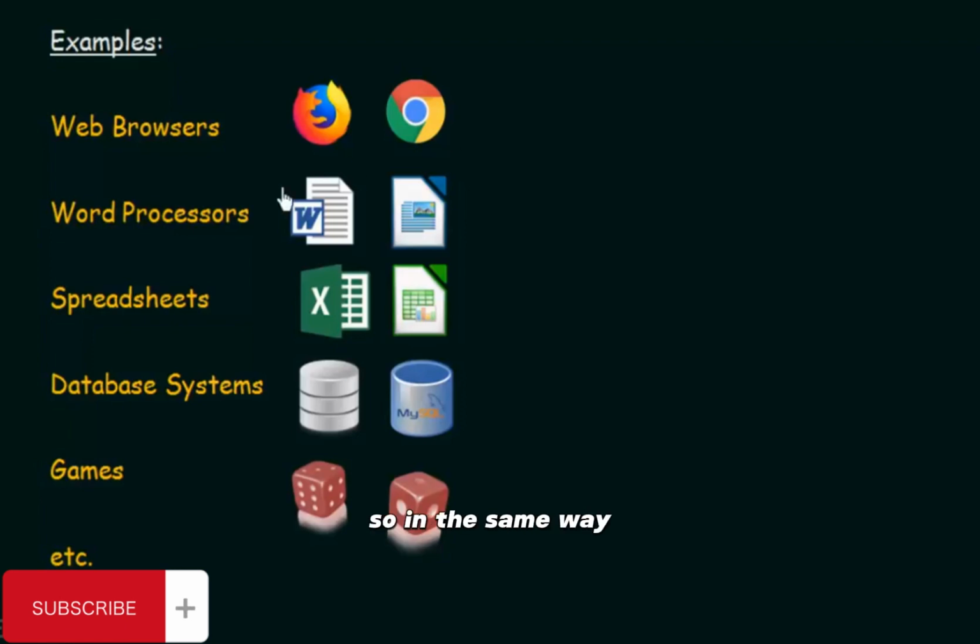In the same way, there are word processors. Depending on the kind of operating system and the Office tools installed in your system, you may have a word processor, which is used for processing your Word documents. For example, in Windows you have Microsoft Word, and